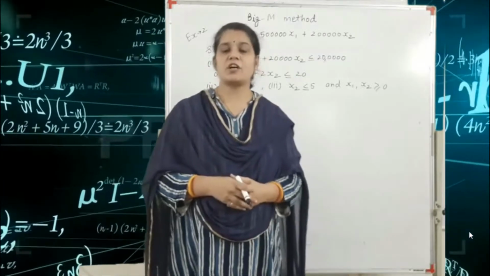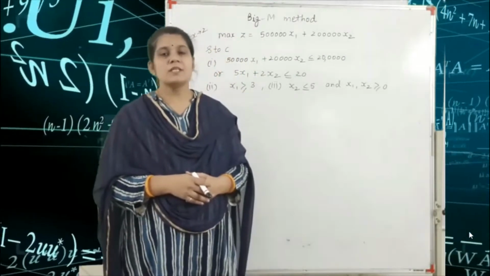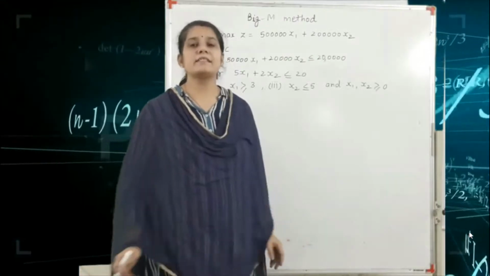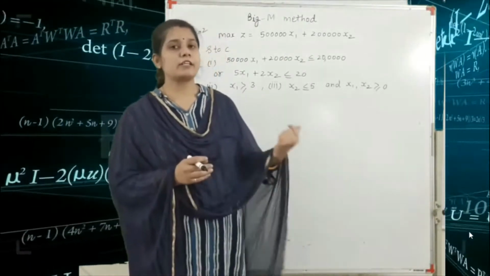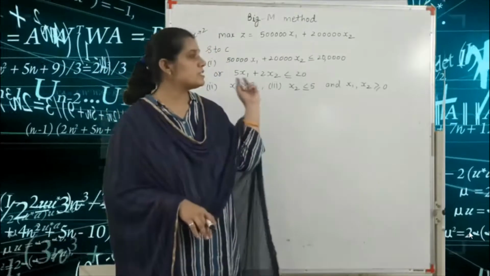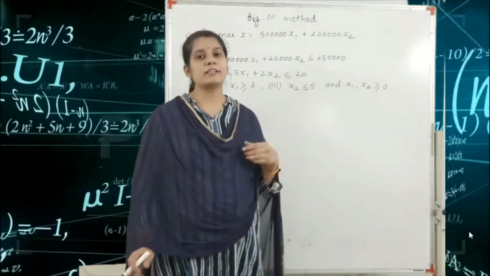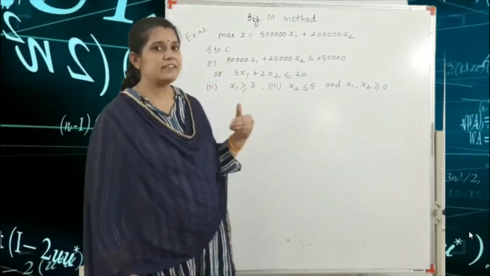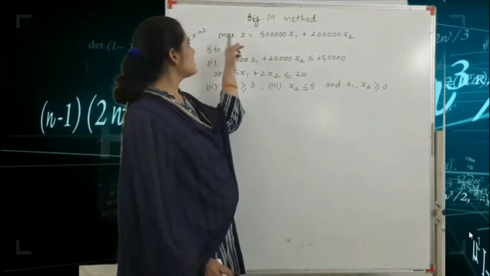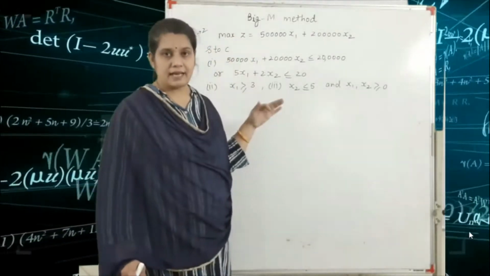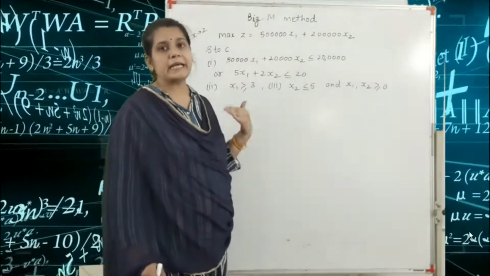Integration Research, Linear Programming Problem, chapter number 1, and the method is the Big M method. We have already seen in our previous lecture how we solve the Big M method, and we have already seen the minimization Z example. So this is the example of maximize Z with the help of the Big M method.